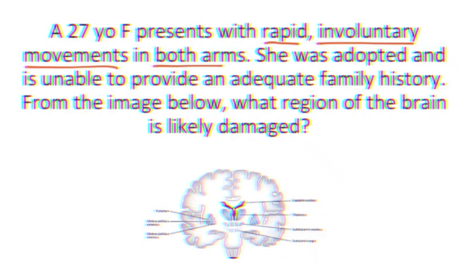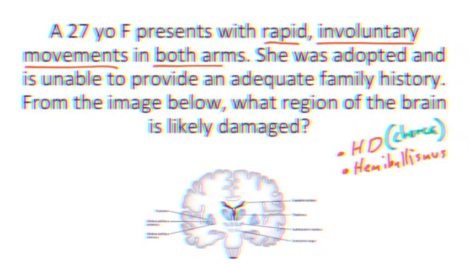So with these symptoms, and given the fact that we know, because of the question stem, our patient has something wrong with the basal ganglia, we should be thinking of one of two things. First, Huntington's disease, and second, hemiballismus. So the rapid involuntary movements should make you think of the chorea in Huntington's disease. So since we are thinking about Huntington's disease, we would think that the striatum is damaged, so the caudate and